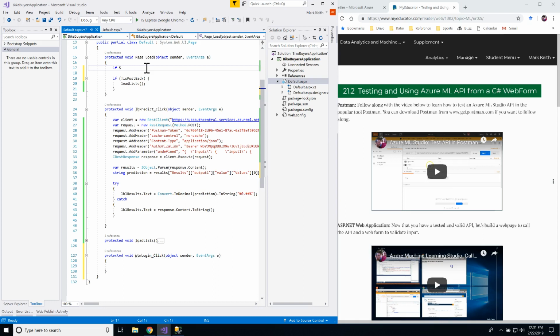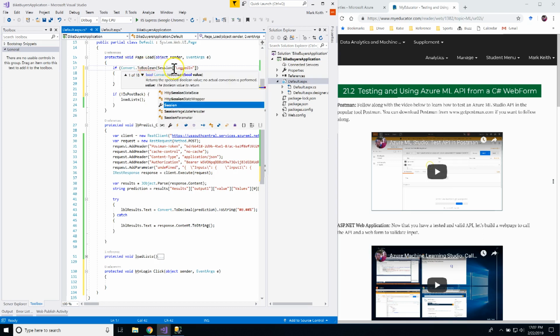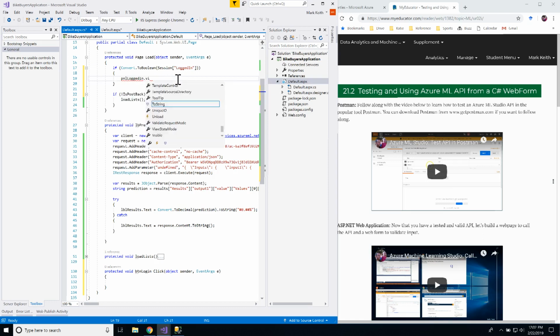So let's have an if statement here, and inside this we're going to say if session, and we're going to make a session name called logged in. Session logged in. Let's make it a Boolean. So what we can do is say convert to Boolean. There we go. If that is true, we don't have to put the equals true. It's implied by that. Then we're going to say panel logged in dot